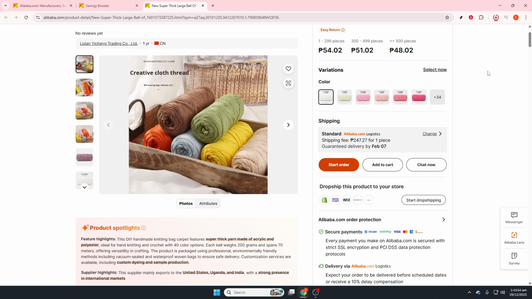process. Open the product page, enlarge the image, right-click, choose Save Image As,